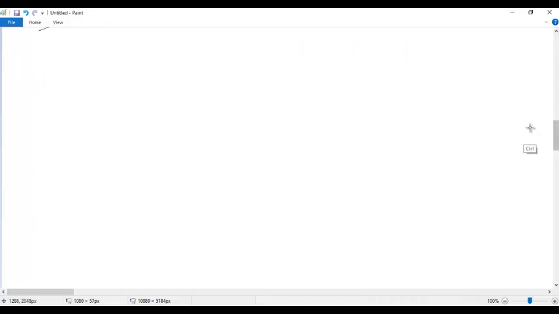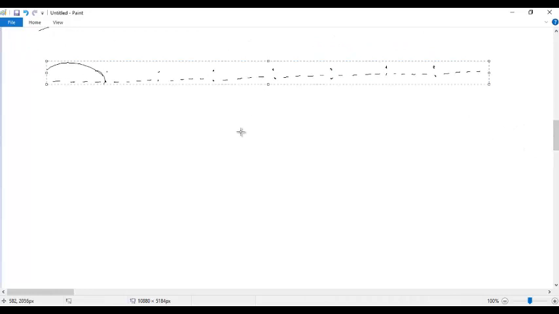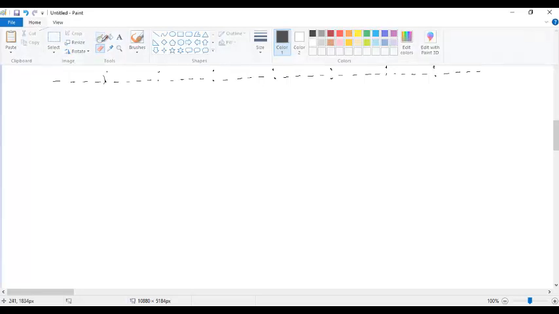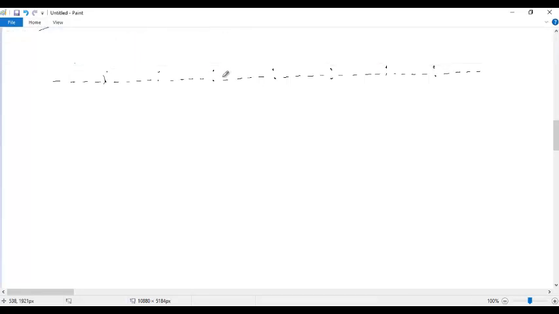Now, this is 128 bit. You should know that. When I divide, this is 64 bit, and this is 64 bit.